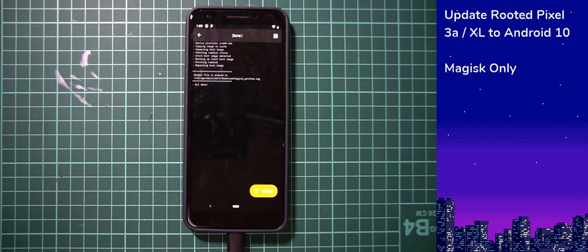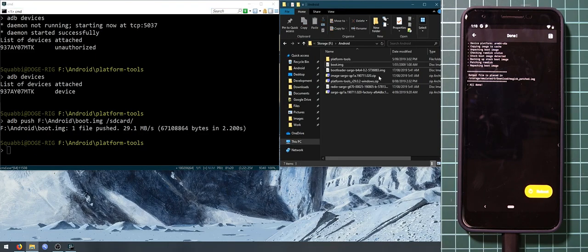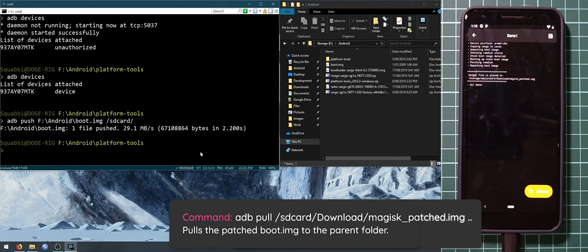So I'm going to leave that open, and I'm going to head back to my computer, and we're going to type in a command using ADB to pull our file into this Android folder here. So let's do that here. So we can type in ADB pull, and then we need to find the location of the source file, which is in our SD card, and then the download folder with a capital D, and then the image name is now Magisk